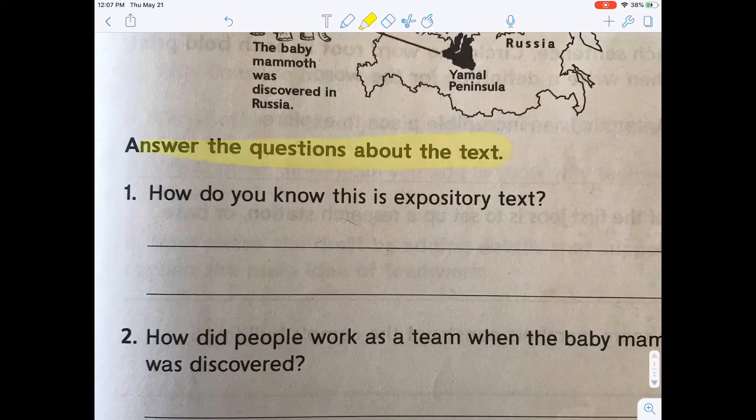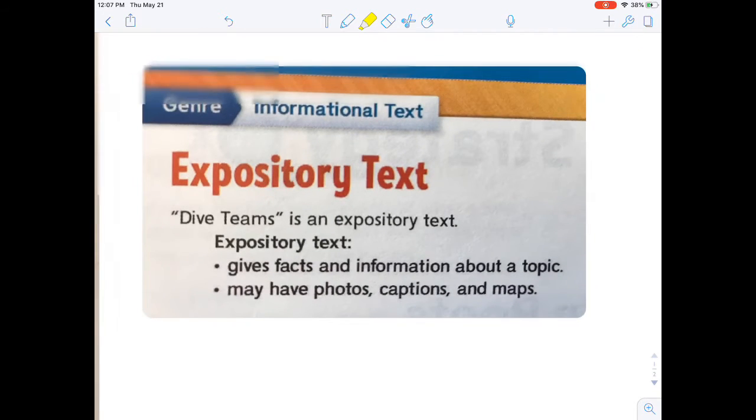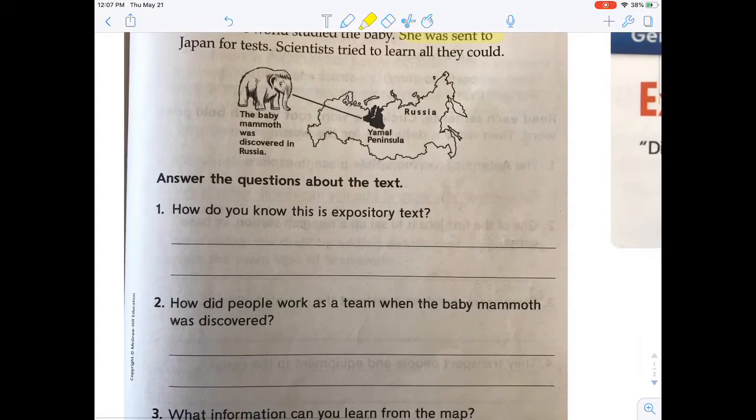Now we can answer the question. So let's look at number 1. How do you know this is an expository text? Well, remember, these are the things you find in an expository text. And it has those things, right? It gives facts about, what did it give facts about? A baby mammoth. So you might write,